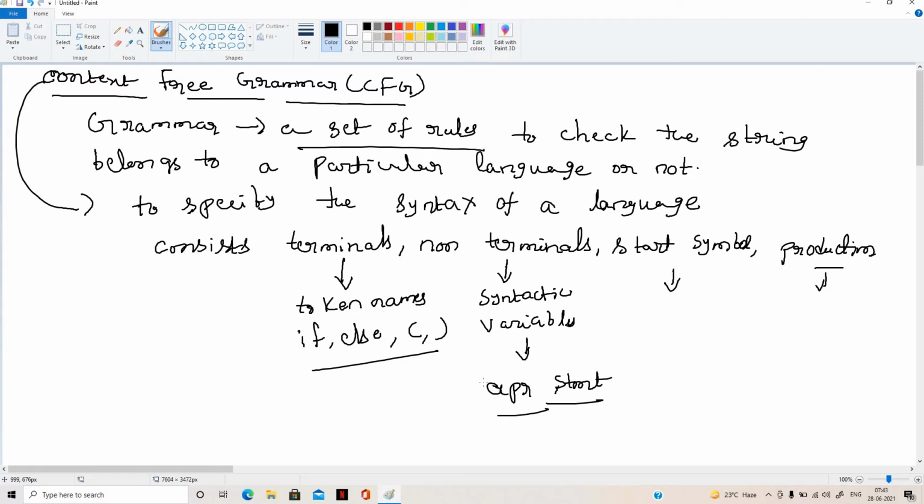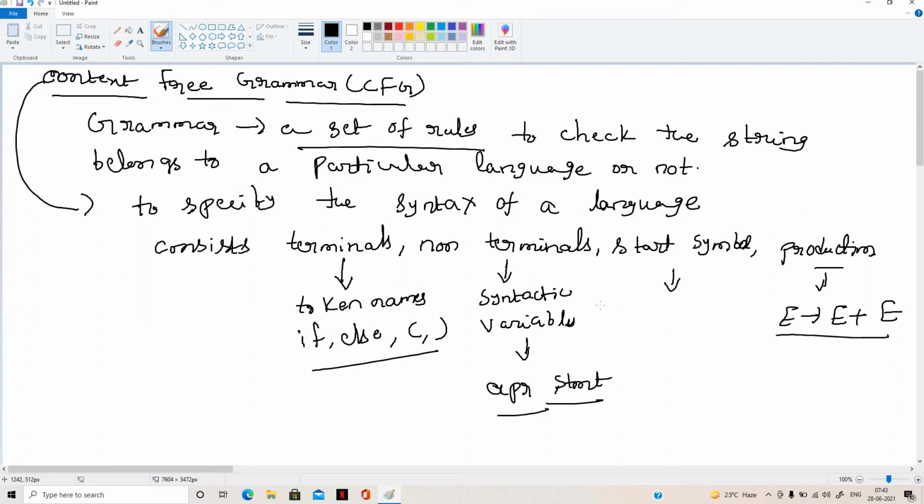A production is a combination of non-terminals and terminals, and it has an arrow mark. For example, a small production rule is E tends to E plus E. It is one production rule, having non-terminals, terminals, and an arrow mark.